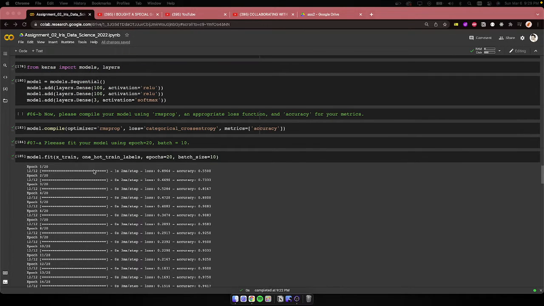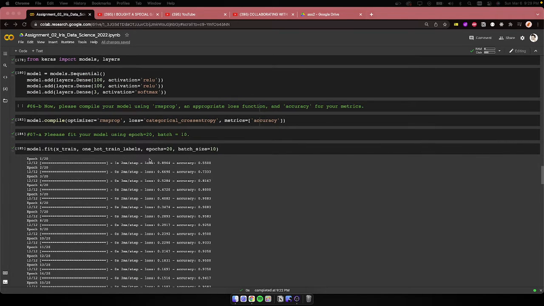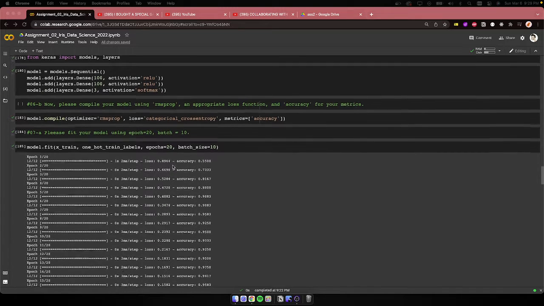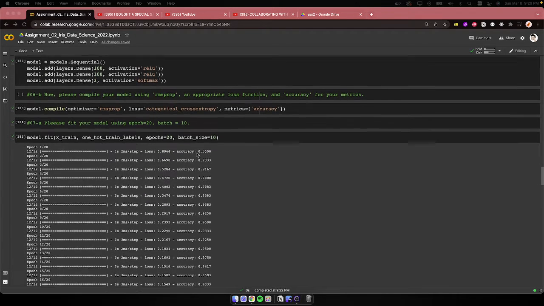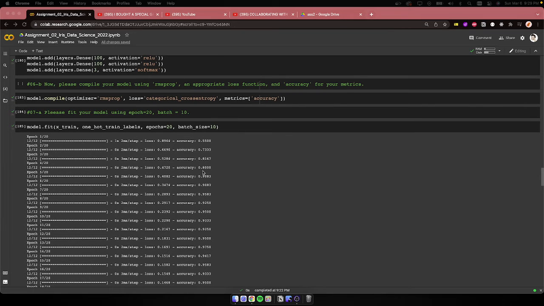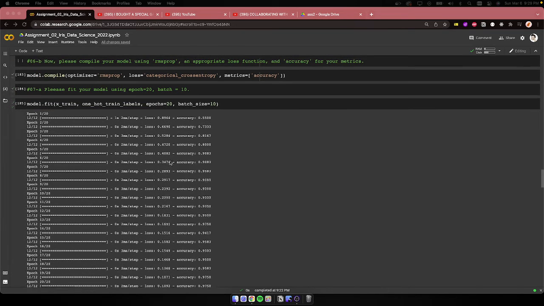And now we are fitting the data. It's like checking the test accuracy and all of it. So X train, one-hot labels, Y train data, and then how many epochs. There are 20 epochs, and the batch size should be 10. Now you can see as we go down, the accuracy starts